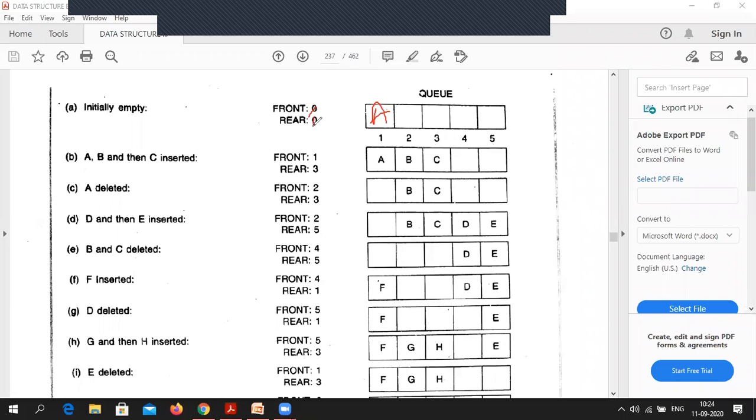That means front is equal to rear. In that case, if I'm saying delete A element, you can't say front will become 2, because there is no more element in that. There was a single element. So when you delete a single element, both front and rear would be set to 0, 0. That means null, null. Is it clear, Shashank?